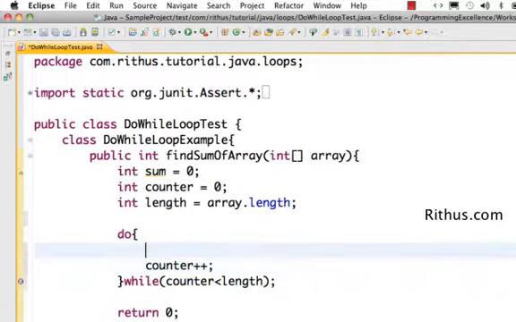Now in the body of the loop, we want to add each value to the sum. So sum is equal to sum plus array of counter.